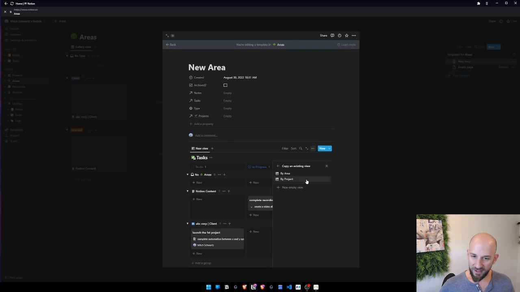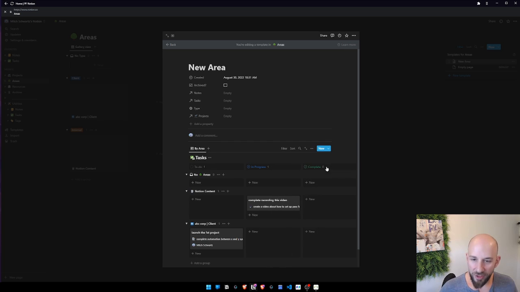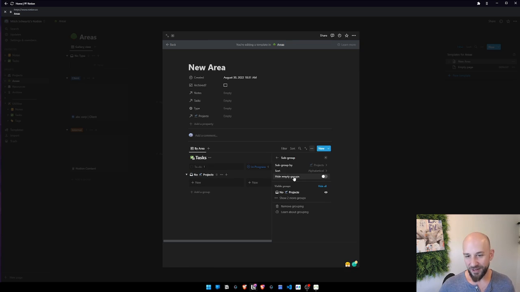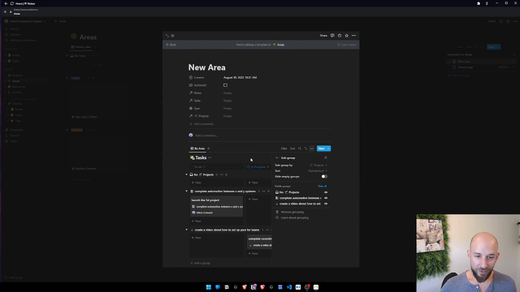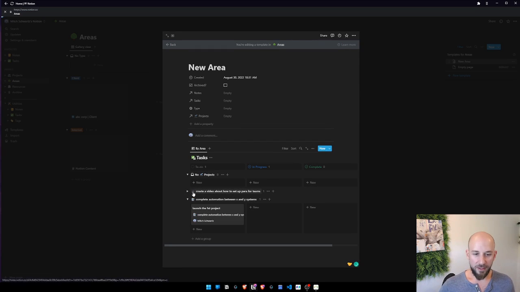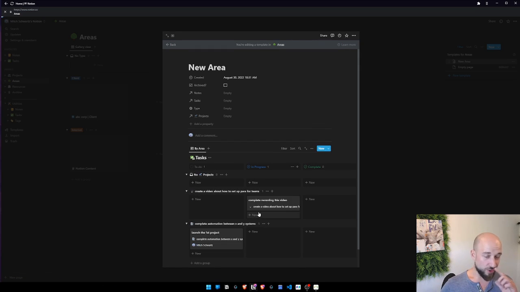So this is tasks, and we want them by area. Nah, neither of those are going to be that great. We're just going to go in. We're going to remove our subgrouping, right? Because we might just want them by projects within the area. That would be the most logical way to sort them out. So then we could put this on manual, and that lets us drag things into order of priority. So here, that's more important this week, let's say. So now when I go into my area, which could be a client,